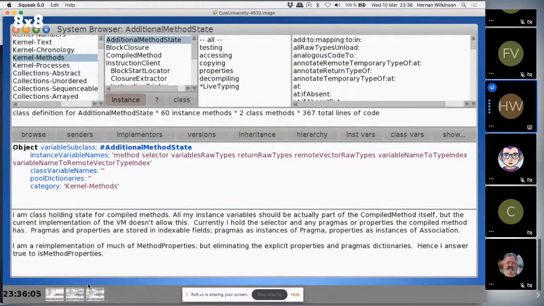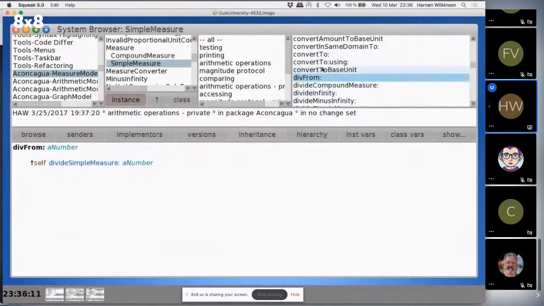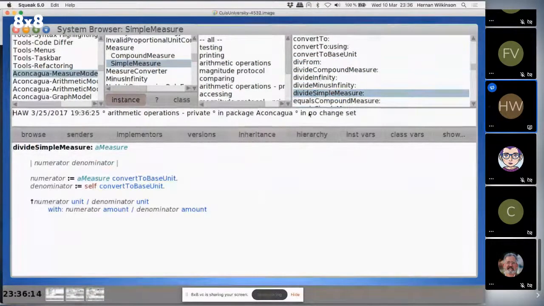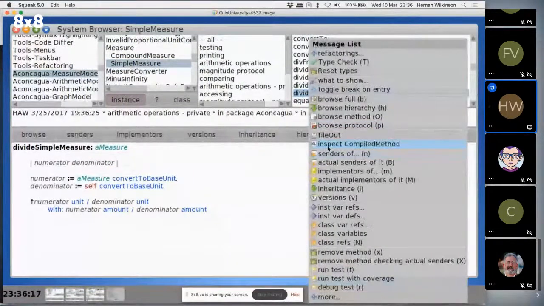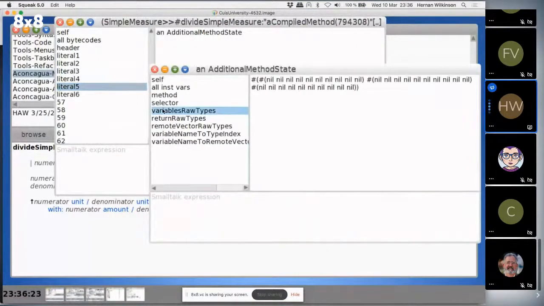But let's go again to simple measure. Let's see a method like divide simple measure. Let's inspect this method. Here we have the additional method state, and we can see in this case there is no type assigned to parameters or temporaries and the row types, and that's because I removed them before in the presentation. So if I come here and I say, okay, I want to divide 10 meters by, I don't know, 2 meters,